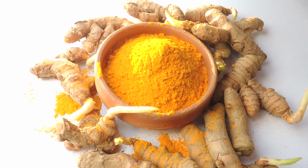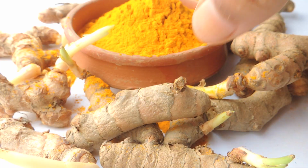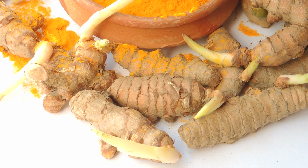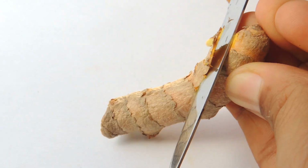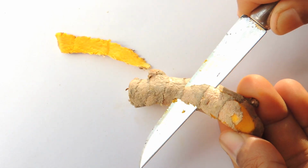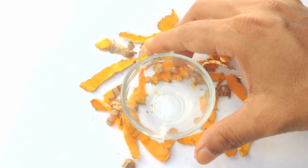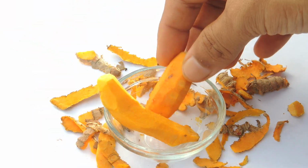Indians have been using turmeric for many years. Turmeric is not only the most commonly used spice in foods, it is also a well-known ingredient in beauty and skincare products. It's because of its medicinal properties. One of the key active chemicals in turmeric is curcumin, which has powerful anti-inflammatory effects as well as a strong